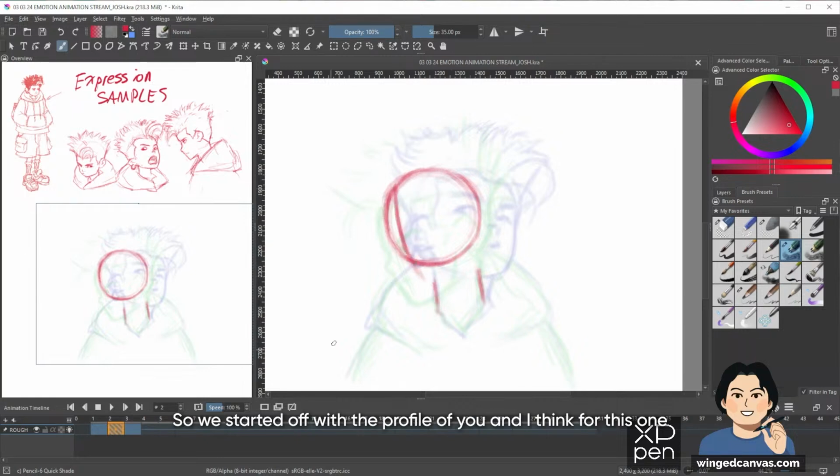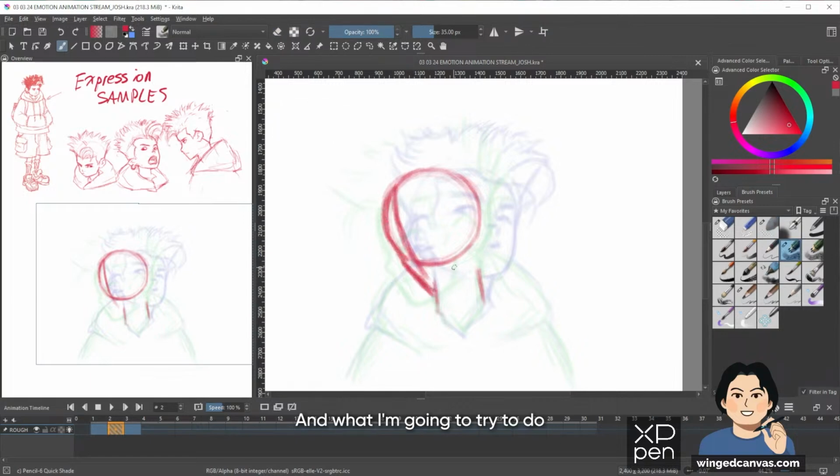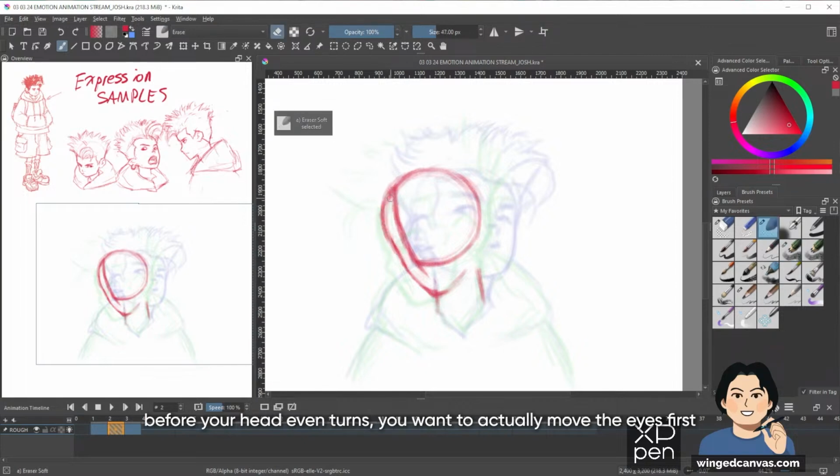Okay, so we started off with the profile view, and for this one, we're going to have it be a 3/4 angle, but right at the edge of 3/4. What I'm going to try to do is have the face animation be led by the eyes. A good tip for a head turn is that a lot of animation movement is very subtle. Before your head even turns, you want to move the eyes first.